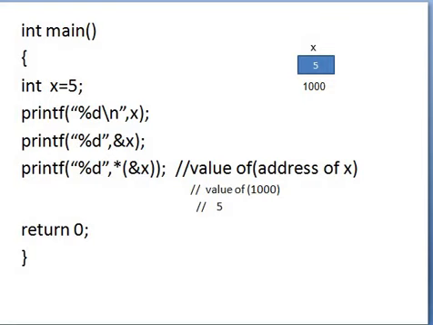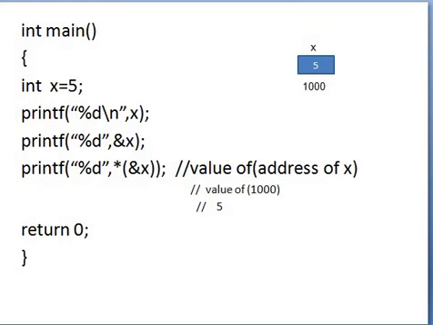And when we provide a variable name to the address of operator, it gives us the variable address. That is, star gives us the value and the address of operator gives us the address of a variable. That's why the referencing operator and dereferencing operator are inverse of each other.